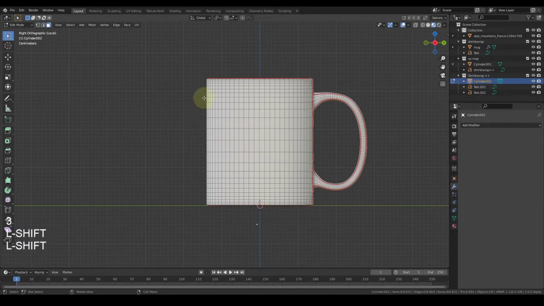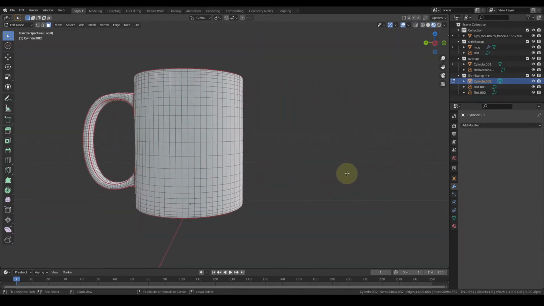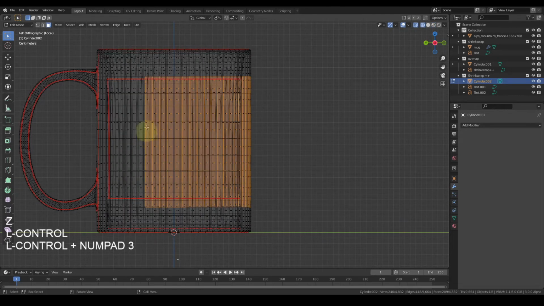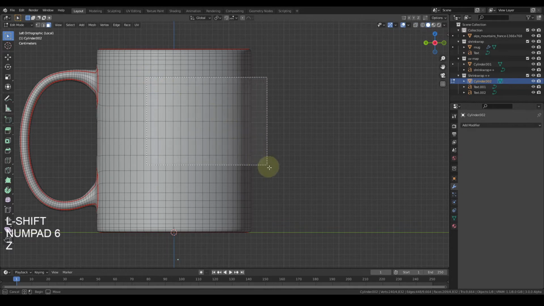Suppose I want to place the image on this surface, and on the opposite side also. So I'll have to make sure that I'm selecting all the planes.